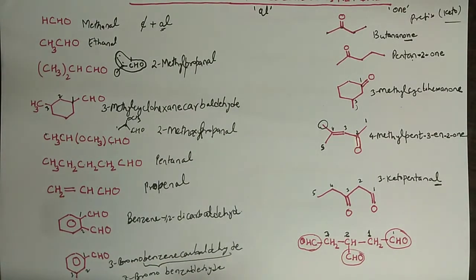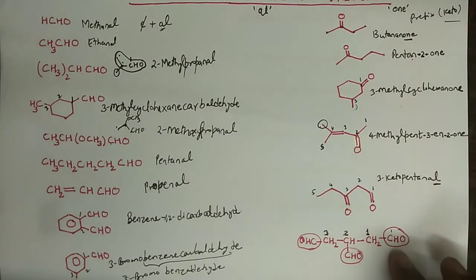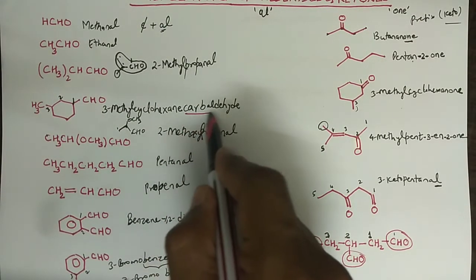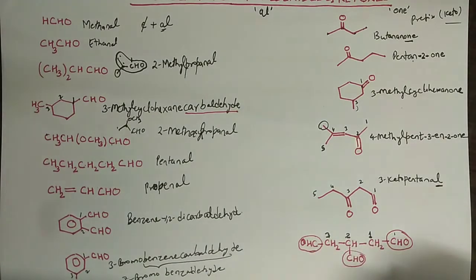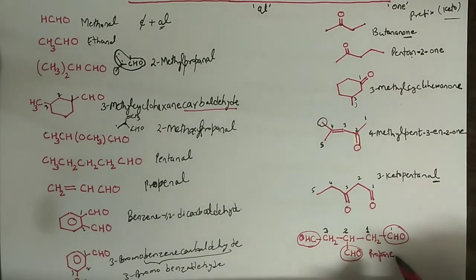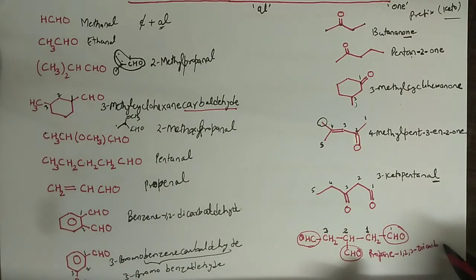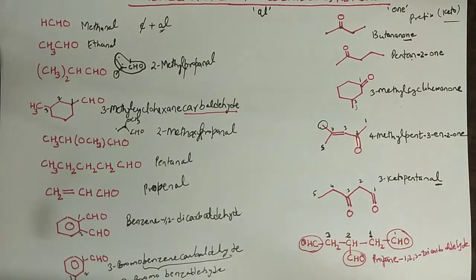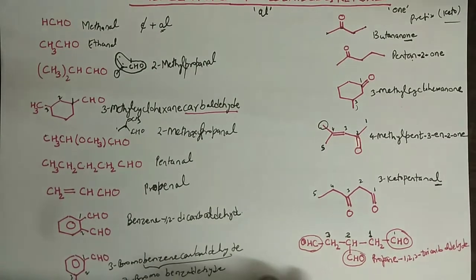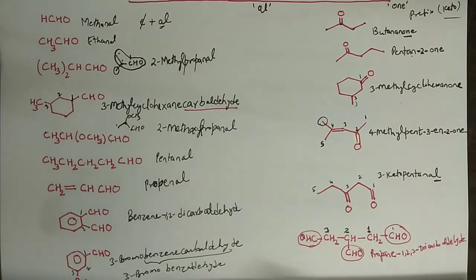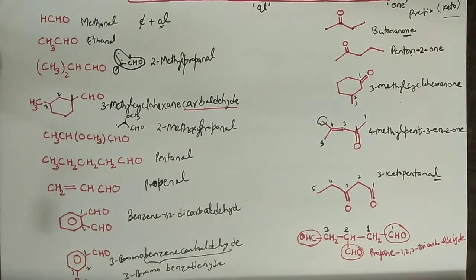Well, we have a suffix when this group is not numbered, right? In this example we have done that suffix. I hope everyone knows that the suffix is called carbaldehyde. So the name will be very simple: propane, with the E, right? 1, 2, 3, tricarbaldehyde, right? And this will be the proper name for this compound. Keep in mind that you have to move very smoothly and very sensibly, very intelligently. You cannot go for cramming, right?